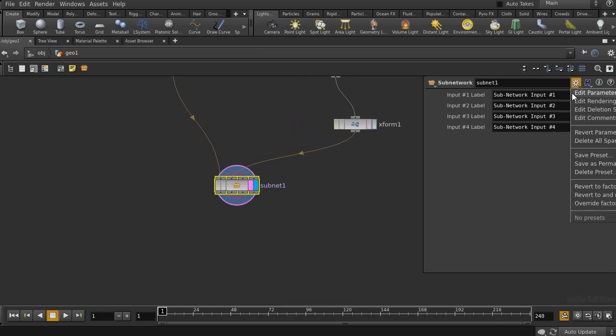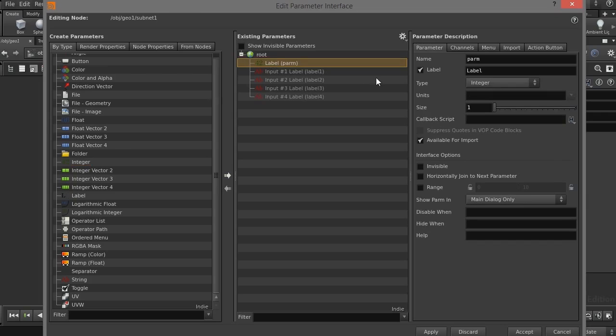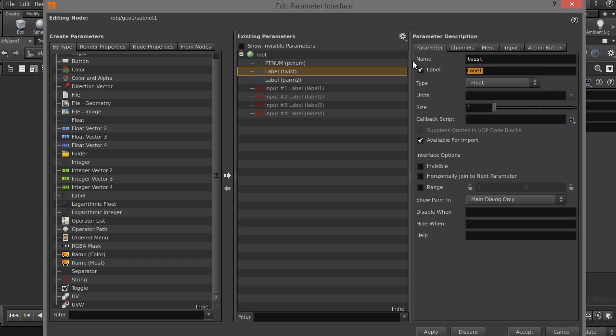So let's go back and go to the edit parameter interface and let's create an integer parameter for the number of points, pt num, and as a default value let's use some value like 30, and two float values for the twist, and also roll. Okay, and